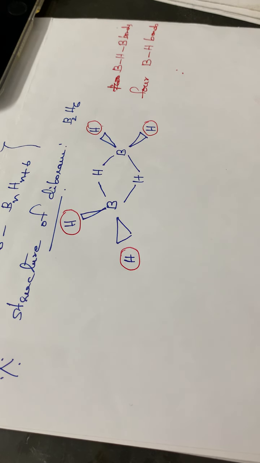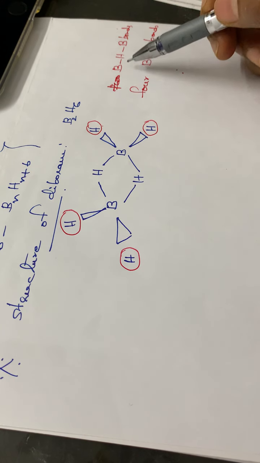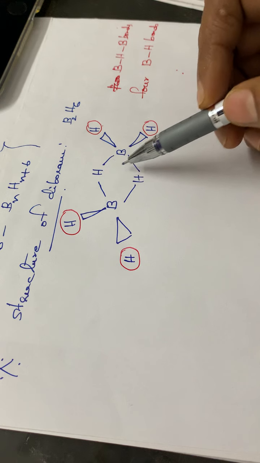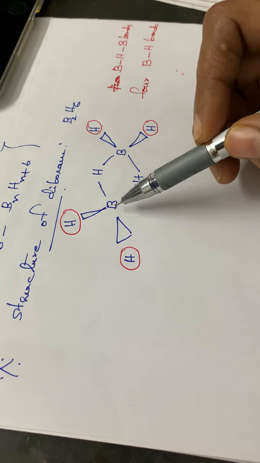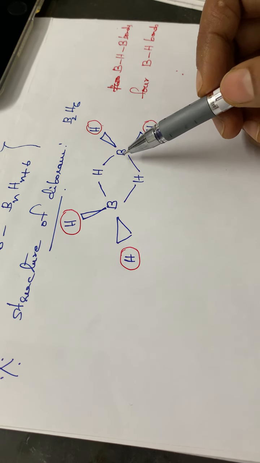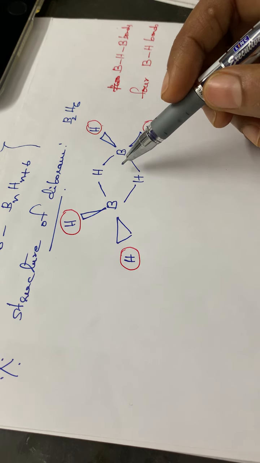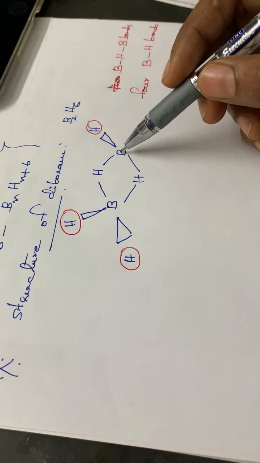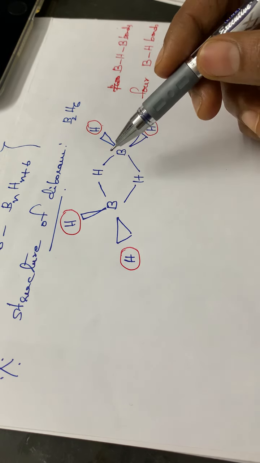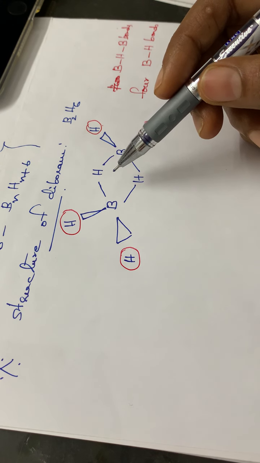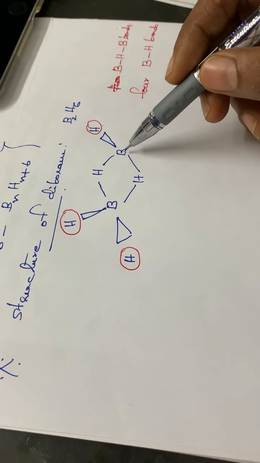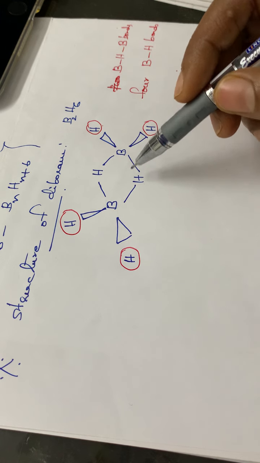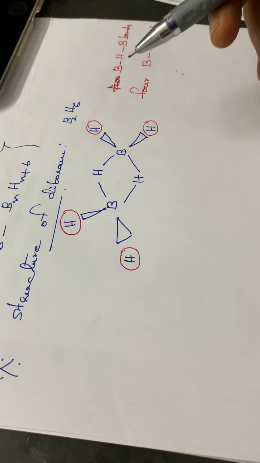So normally these BH bonds, see, due to the presence of the BHB bonds, this molecule cannot be rotated. Okay, that means this BHB bond is in a bridged shape, isn't it? It is in the form of a bridge, and also due to these BHB bonds, we cannot rotate that particular molecule. Okay, so these BHB bonds prevent the rotation of that particular molecule. That is one point to be studied.